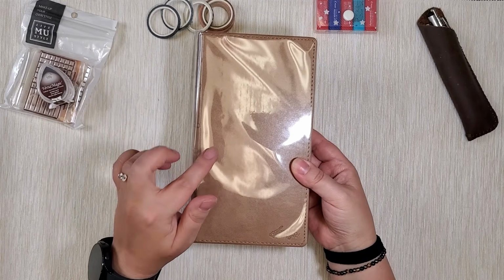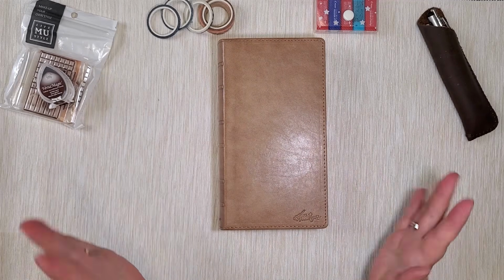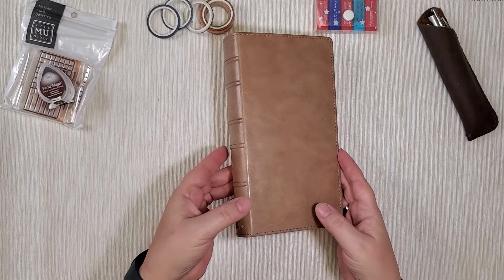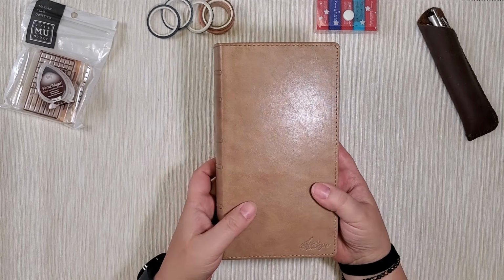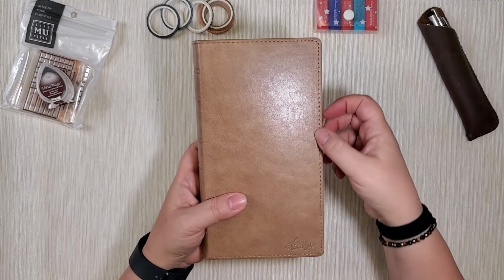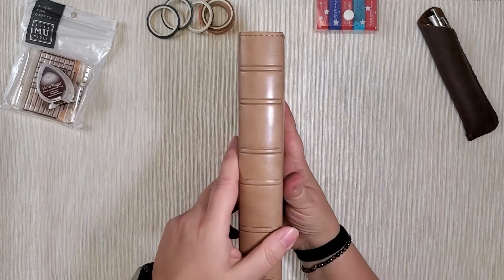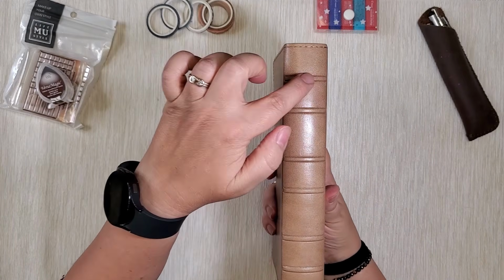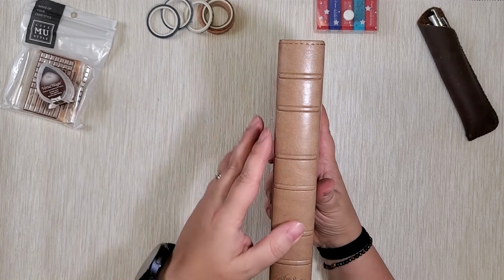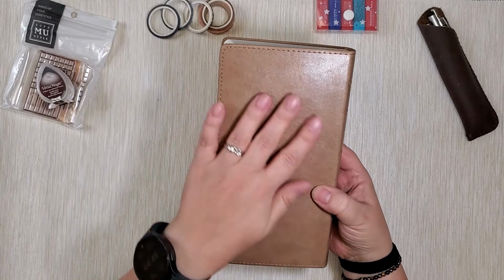Let me take this cover off to avoid the glare. Here it is. Look how beautiful. Oh my god, it's even prettier than in the photos on her website. So as you can see, it's like this leatherette cover, and it has the stitching, and it's a real stitching. Here's her logo, and what I loved about it the most is on the back here you have these lines like the old school books. So I really love that book look, and it's smooth on the back,